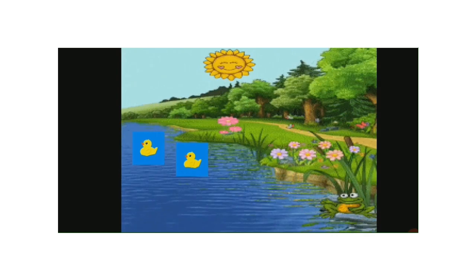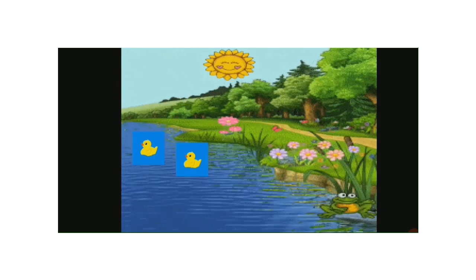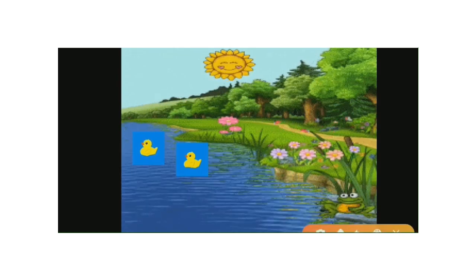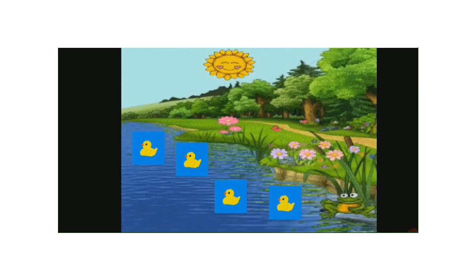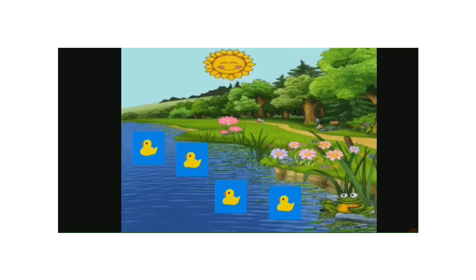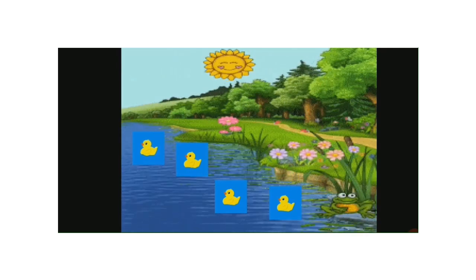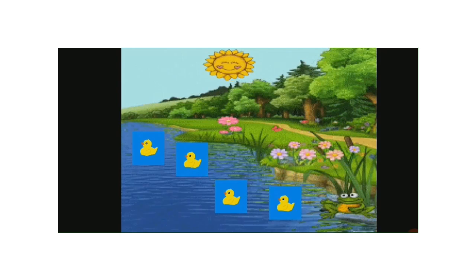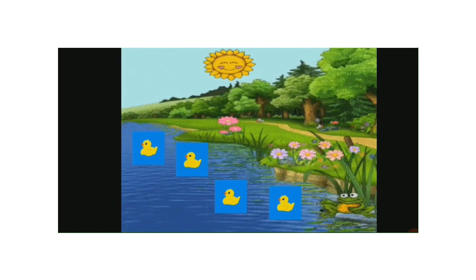You are seeing that two ducks are swimming on the water, right? And a very beautiful scenario you can see. How many ducks are swimming on the water? Two ducks are swimming. Then you see that two more ducks come and start swimming on the water. Previously, two ducks were there, then two more ducks have joined them, right? Now you want to know the answer, because two were there and two more have come. Then how many total ducks are there on the water?